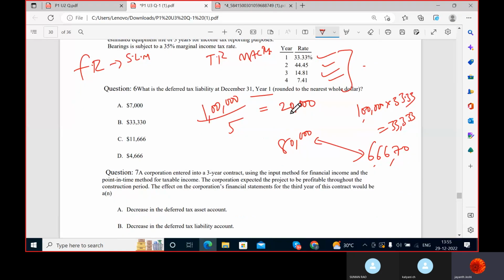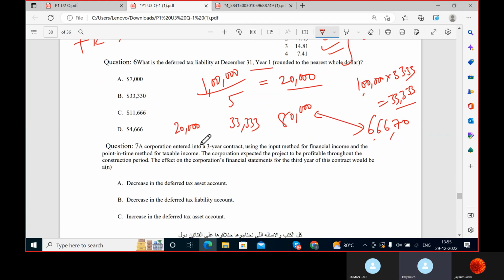So what we can do is, this expenditure is this, correct? What is the difference between these two expenses? When you make your financial report, you show your depreciation as 20,000. When you make your tax returns, you show your depreciation as 33,333. Am I right? So the difference in these two will create something. See, please listen, this is the critical part. Here the expense is high, here the expense is less. So let's assume that your financial income will be high.